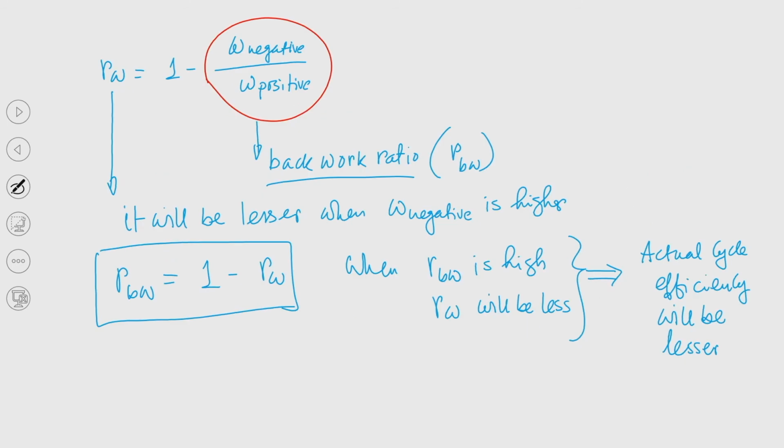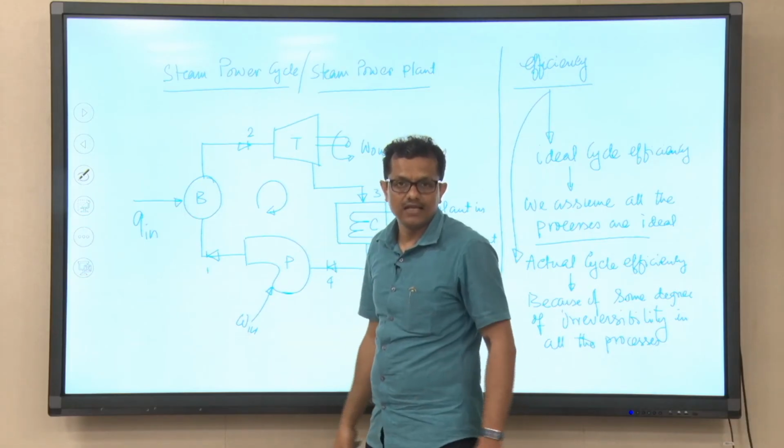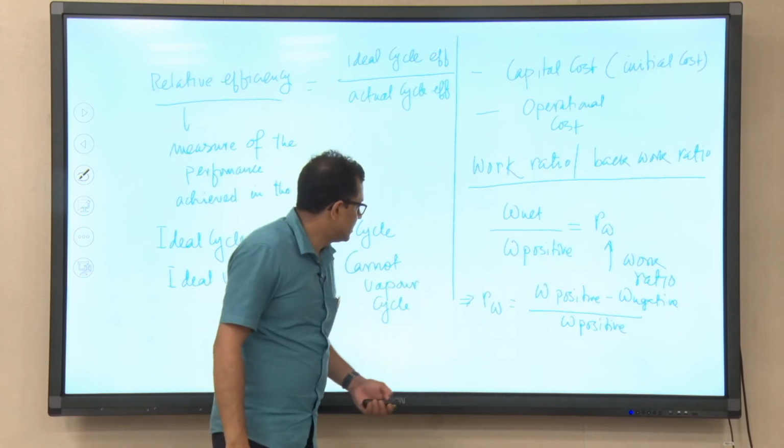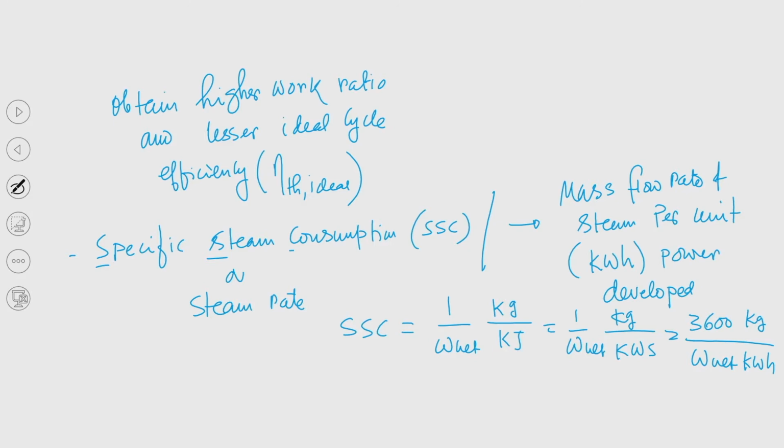If I go back to the schematic depiction, if you need to ensure that the work output, that means the electricity that we demand from this particular plant, should be very high, then the plant size will be high. If the work output from the plant will be very high, then the plant capacity, plant size will be very high, which in a way indicates that the SSC will be high. So, if SSC is very high, then we have seen that W net should be less.